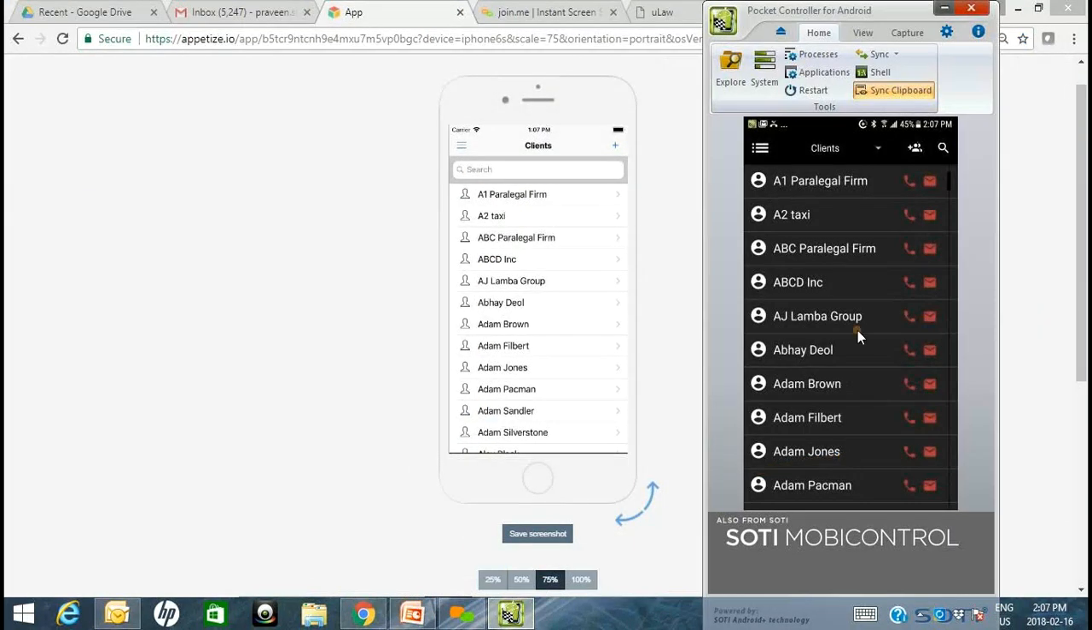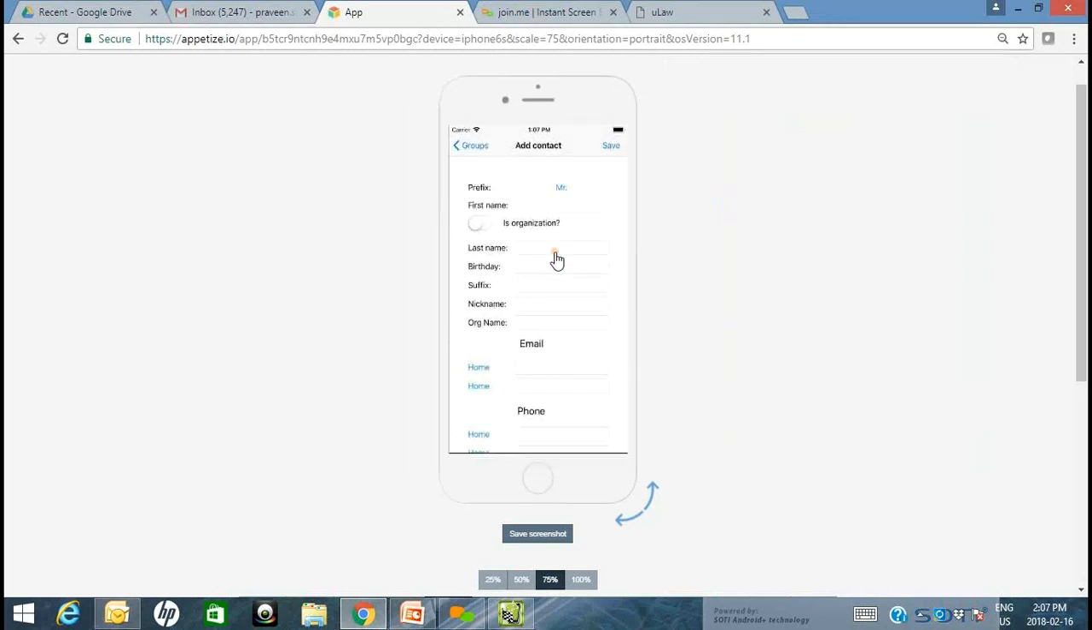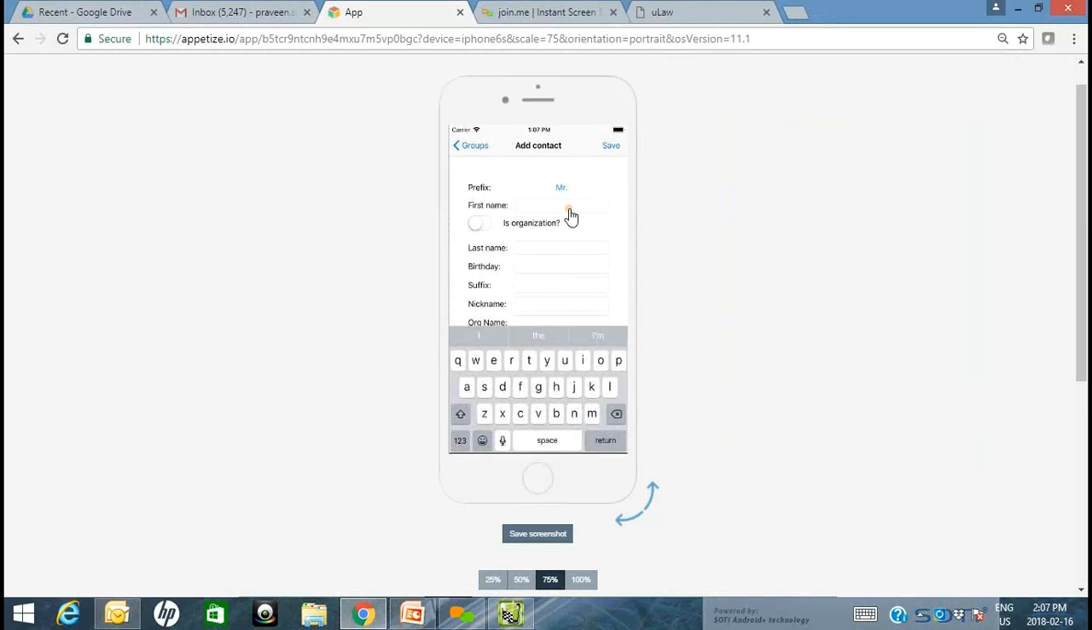So one of the first steps is obviously contacts. So I'll show you how you can now use our little plus symbol here to add clients. So you can say create new contact or import existing. I'm just going to go ahead and create a new contact. So let's say you're at the courthouse and you just basically want to quickly say,